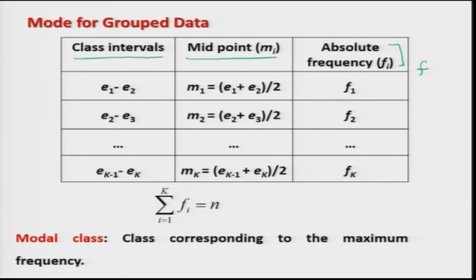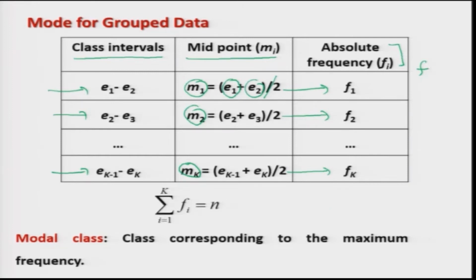Earlier, in some of the lectures, I have used the symbol f to denote the relative frequency, but I am trying to keep the standard symbols so that you do not face any problem when you read from the books. Here I have created different class intervals. Now, I simply find the midpoints of these class intervals, say m1, m2, mk, and they are obtained by (lower limit plus upper limit) divided by 2. Corresponding to the first class I have frequency f1, corresponding to the second class I have frequency f2, and corresponding to the kth class I have frequency fk.